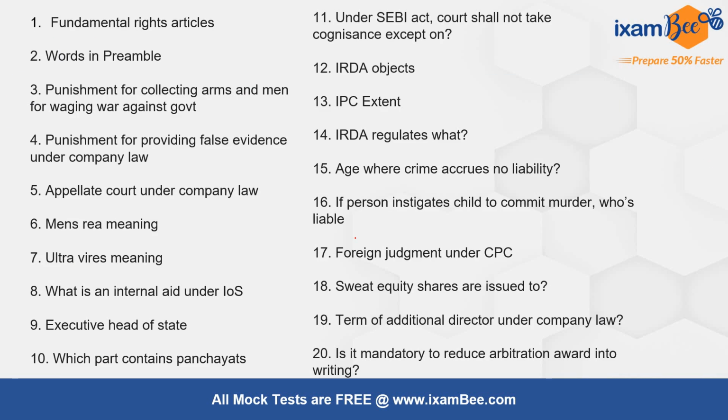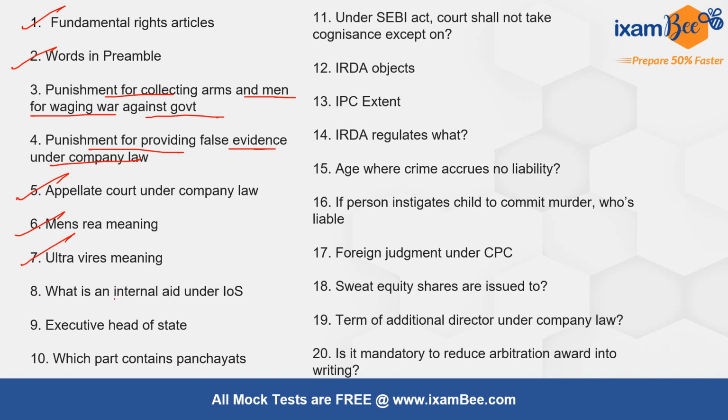Now let's move to Paper 2. Paper 2 is said to be relatively of easy level. Many of the students found it to be relatively very easy. There were questions from articles related to fundamental rights, words in preamble, punishment for collecting arms and men for waging war against government, punishment for providing false evidence under company law, appellate court under company law, mens rea meaning, ultra